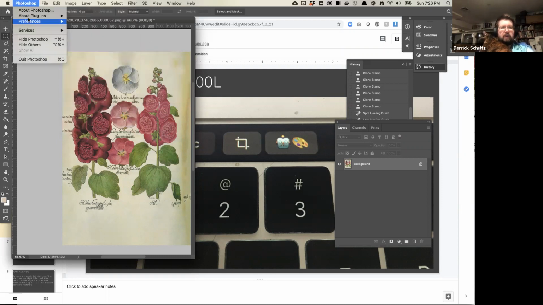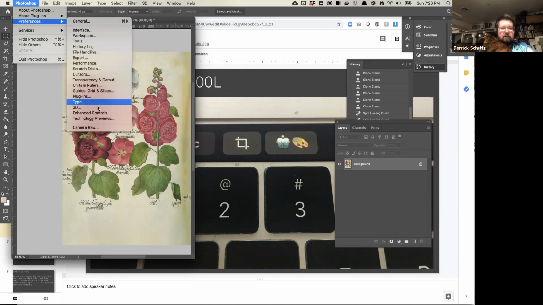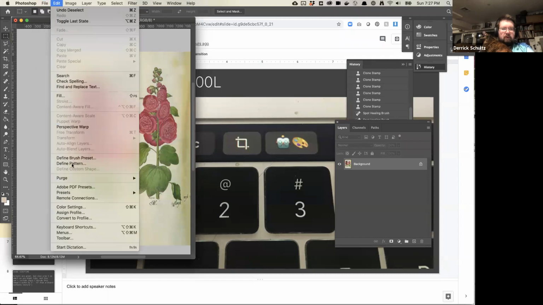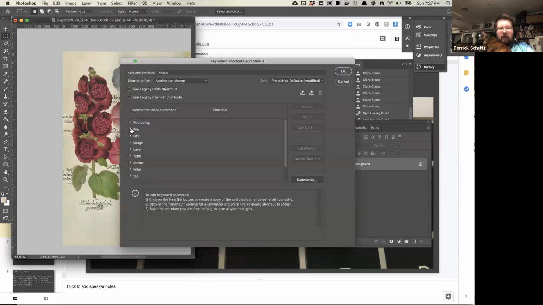So actually, let's look at how to do that. In preferences, and then, actually it's in file, isn't it? It's in edit. It's so ridiculous. It should be in preferences, but instead it's in edit, keyboard shortcuts. So you can come in here and find any of your commands. If there's a command you never use, you can just override the key command for it. Let me see if there's one that I never use.